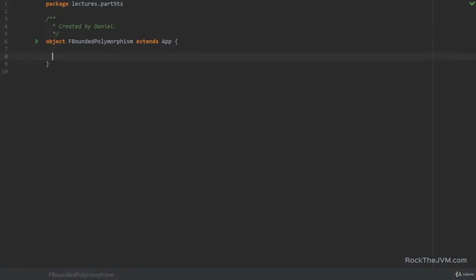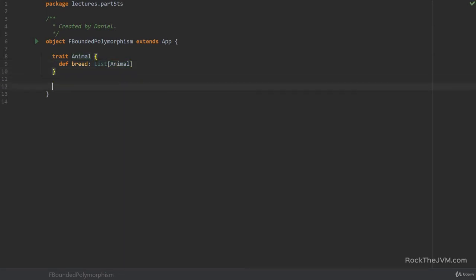I often see this. It says basically, hey, I have a class hierarchy. How do I force a method in the supertype to accept a current type, quote unquote current type? So let me give you an example. Let's say I have a trait Animal, which has a method, let's say breed. And this returns a list of Animal. Okay, so this animal breeds and returns a list of animals.